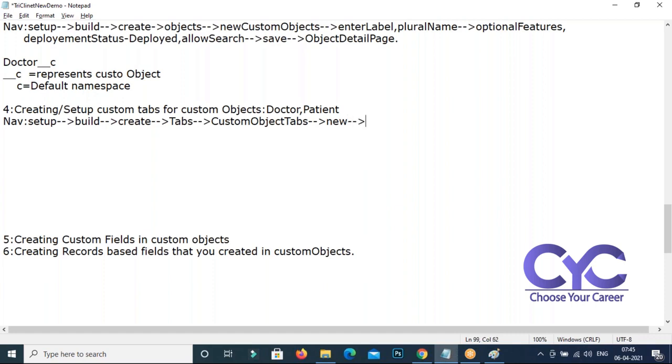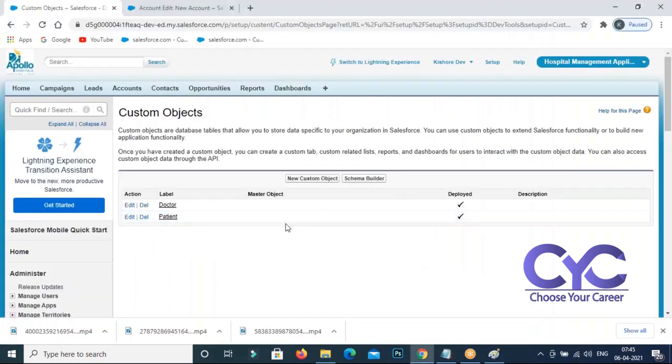I need to select the object here, and select the object and tab style. Then I go to the next step, up to this window, and we'll continue the navigation later. I'm trying to set up a tab for my object. These are the objects, and these tabs I should see in the tab panel. Keep the terminology in mind: it's a tab panel. On this tab panel, I should see my tabs.